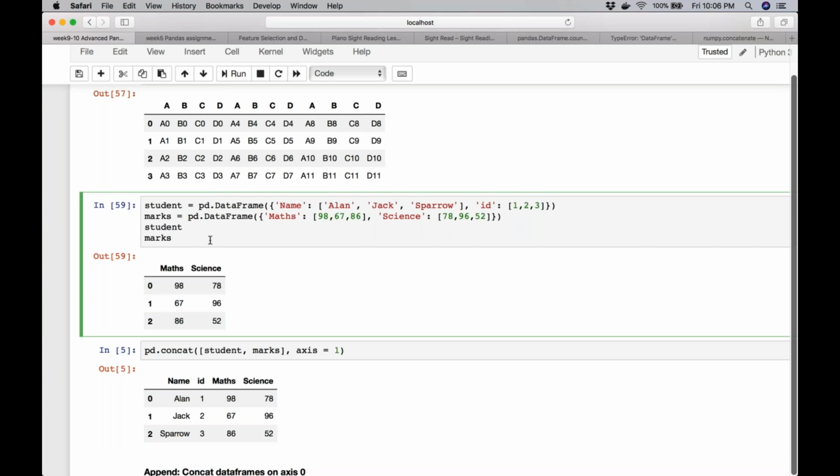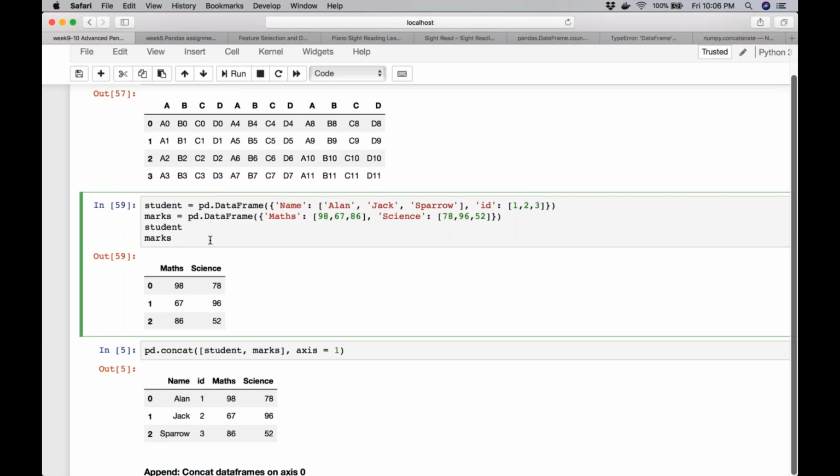Like we've seen, those who have some exposure to SQL would also know that typically when you're working with multiple tables, you would have a key, one common ID column, which would work as the connection.